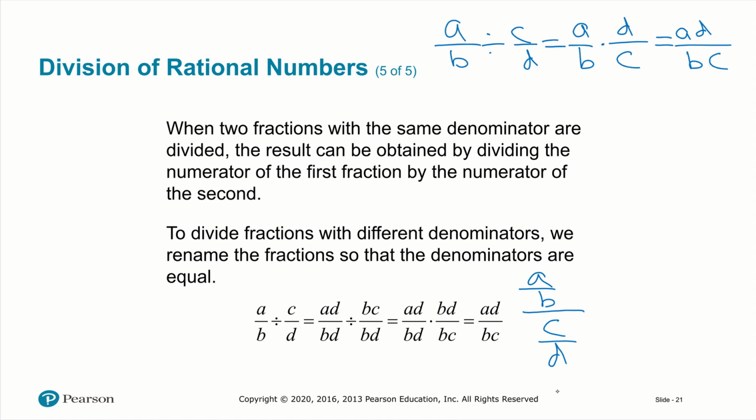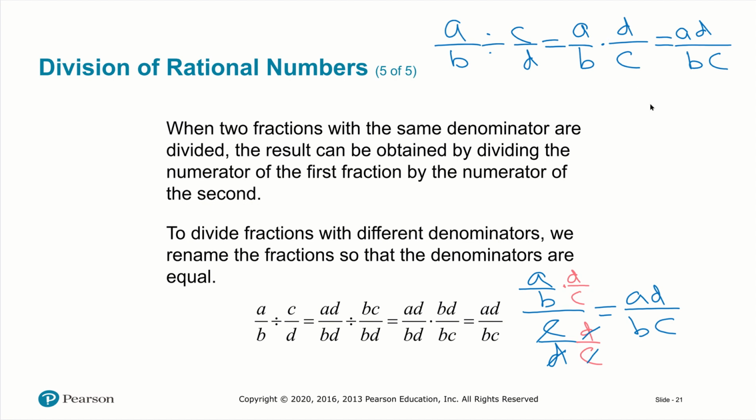Notice that we can then multiply the numerator and denominator by D over C, and on the bottom, these all cancel out, we just get 1, so this is why we end up with AD over BC. All right, so it's very important to keep the first fraction as is and multiply by the reciprocal